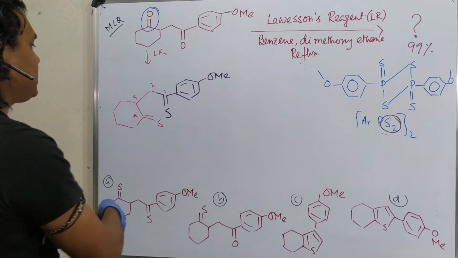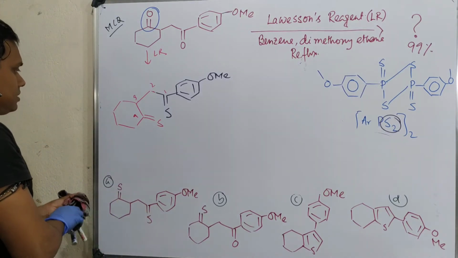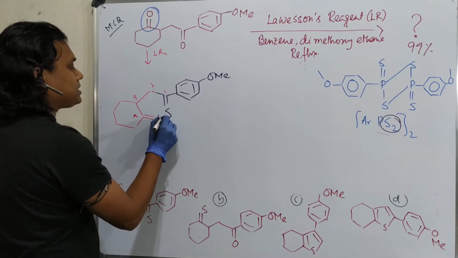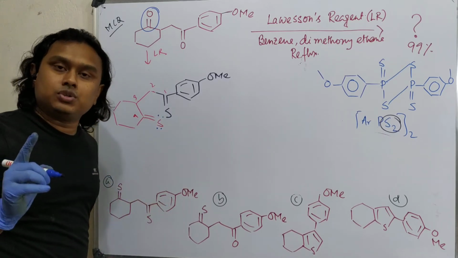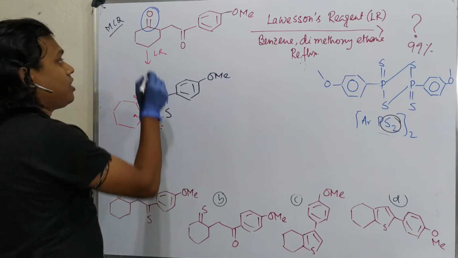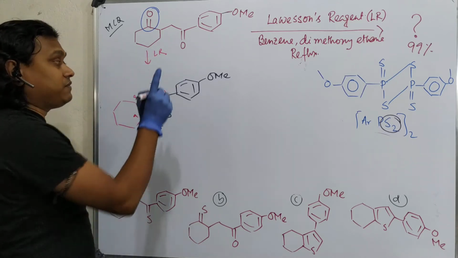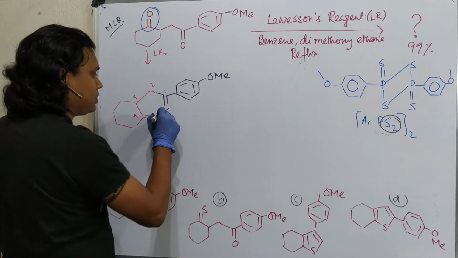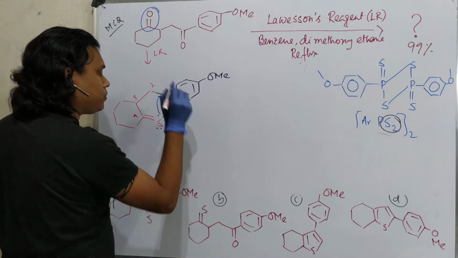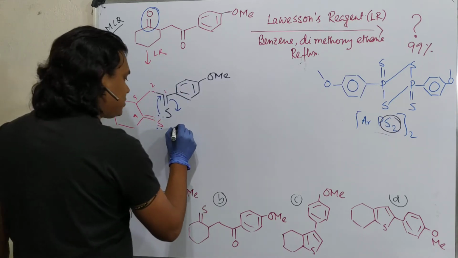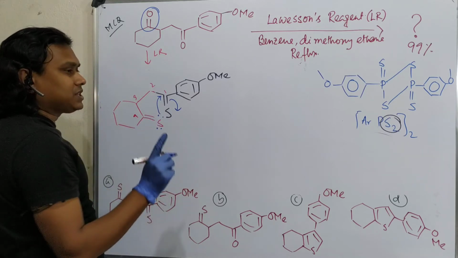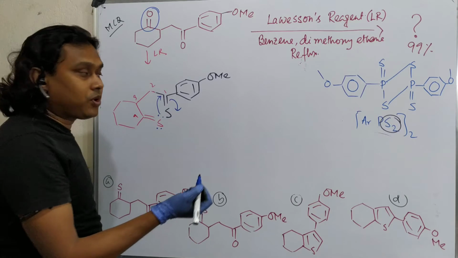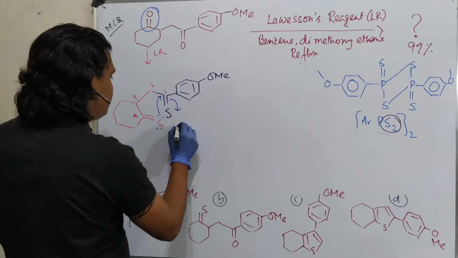So what is expected? One sulfur, because we know that sulfur is a good nucleophile. So what is the driving force for the first step of the reaction? PO bond formation. The second step I'll show. First of all, it will attack and open up, because sulfur is a good nucleophile. Another thing, the carbon sulfur bond is not that stable. After attack, at least one pi bond is broken and another sigma bond is formed.